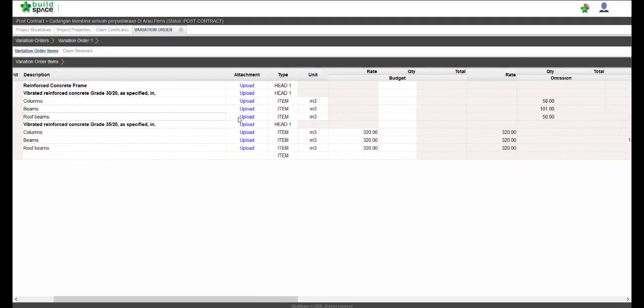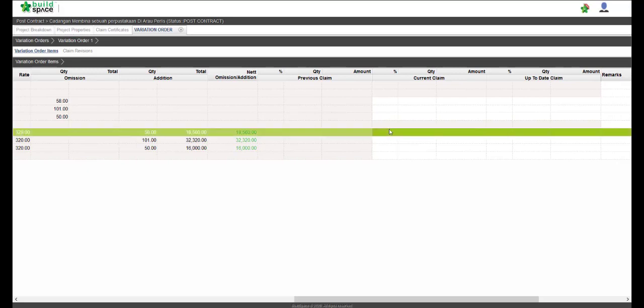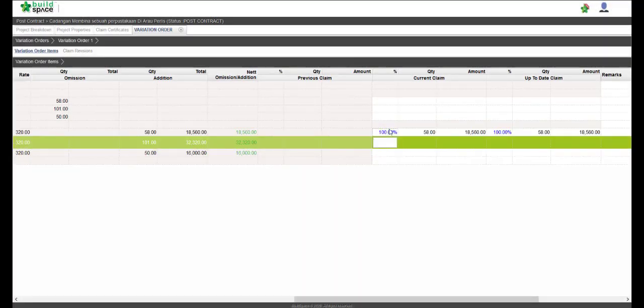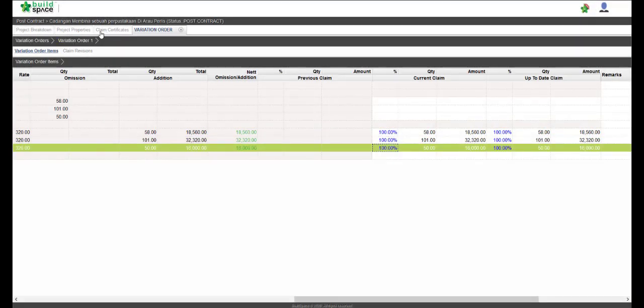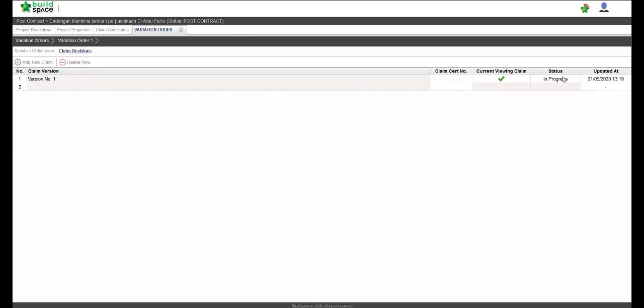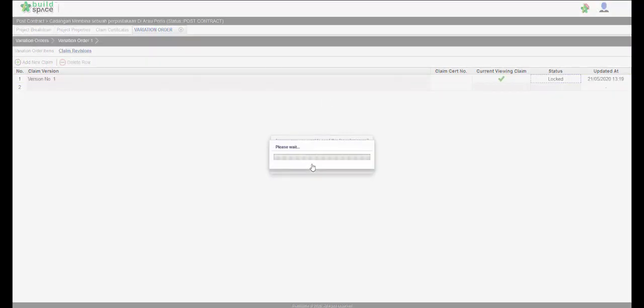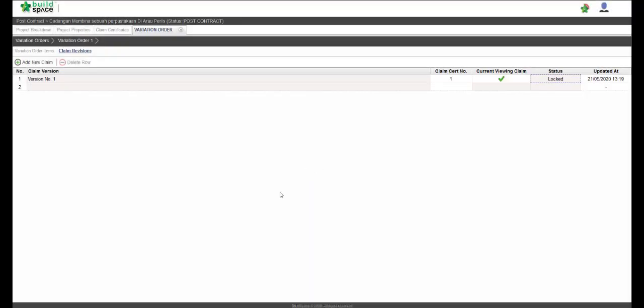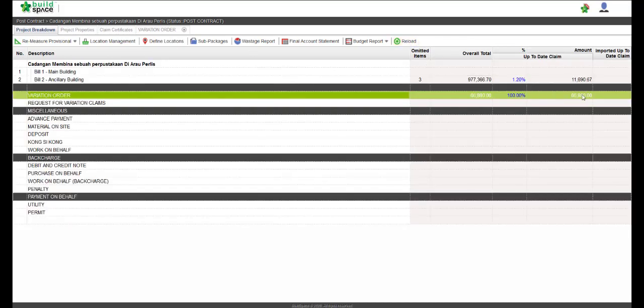double click, and then we can see the claim column is already been unlocked, which means it is in white. So we can enter the percentage of claim that we wanted to do for this particular claim, and then go back to the claim revision, double click on the status, go to locked, and then press enter and click yes. And then we go back to project breakdown, click reload,